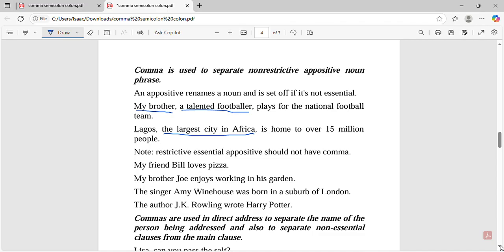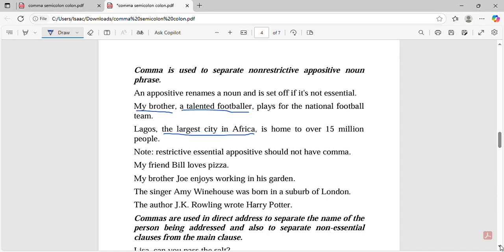sometimes the appositive will be essential. If the appositive is essential, such that if you take it away or you cut it away using commas, the meaning of your clause will be affected, then you don't have to use a comma to separate it. You only separate the non-essential appositives. So, for example, you can say, the author J.K. Rowling